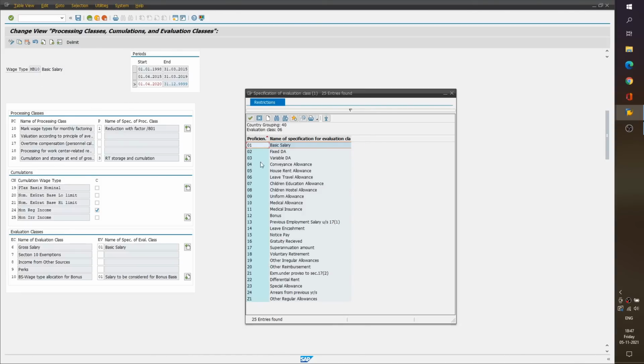These are standard, so we should not change these categories. But what we can do is tag a particular wage type or salary component to the headers which are displayed on Form 16 or the tax simplifier statement.